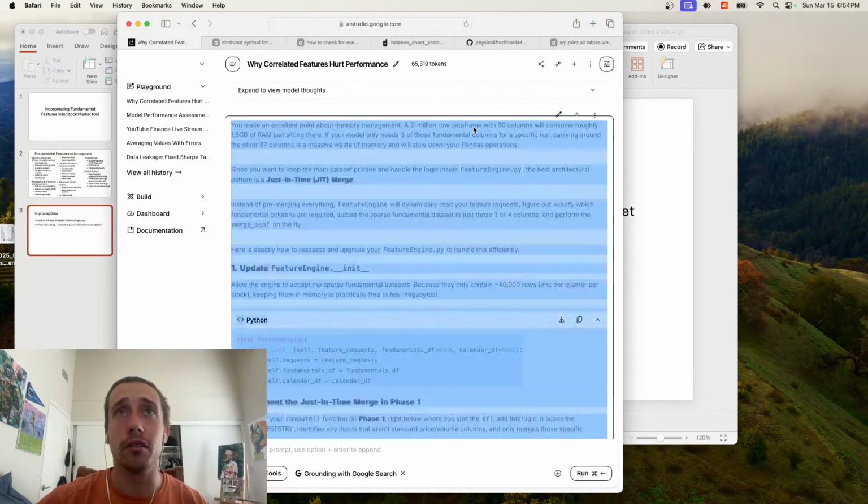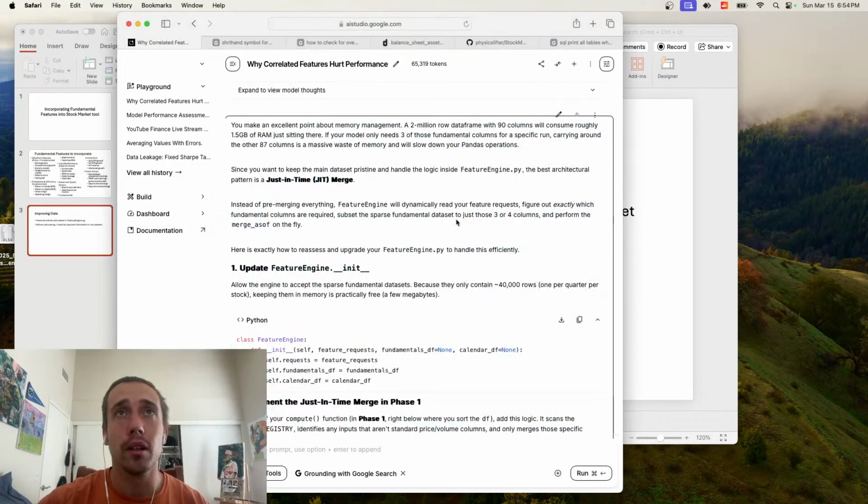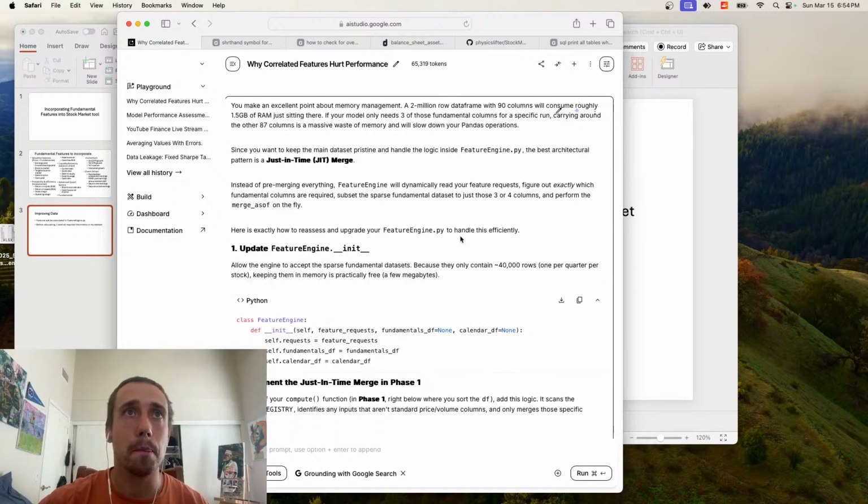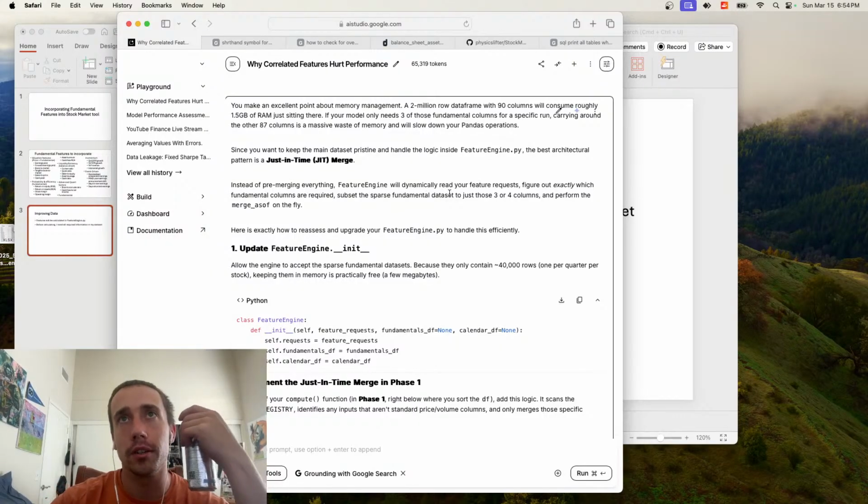Yeah, obviously I don't want a giant frame, since you want to keep the main data set pristine and handle the logic.